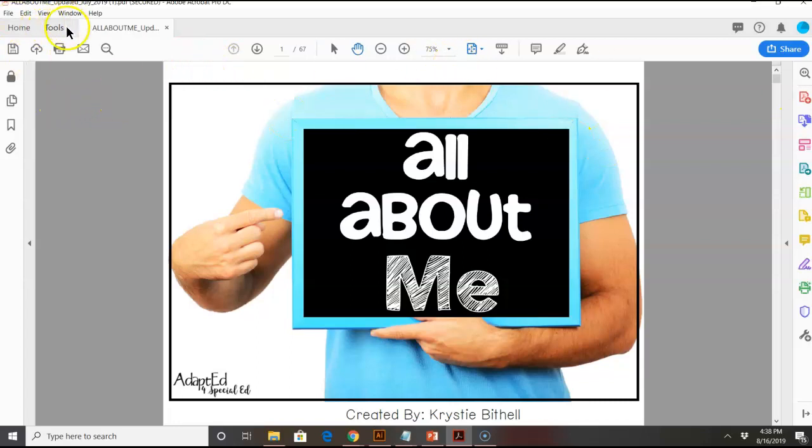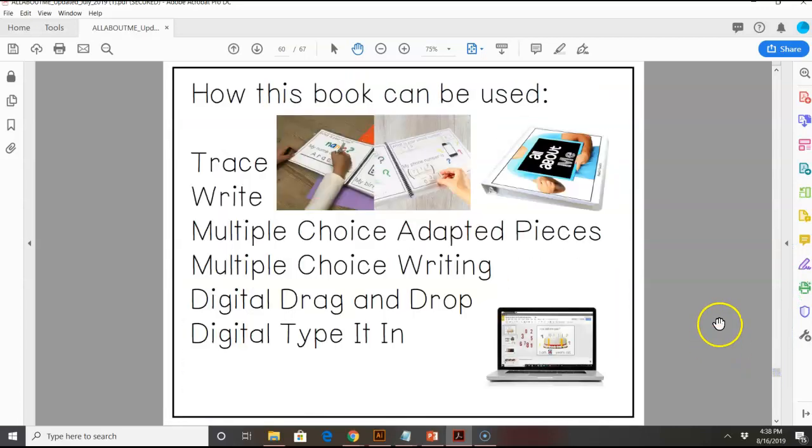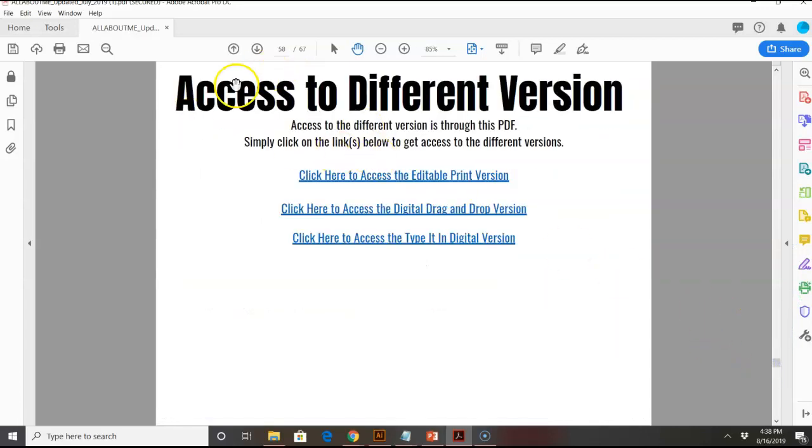So you actually have to start with downloading the PDF that comes to you. Once you've downloaded it, you just scroll down to page 58, and it says access to different versions. What you do is you just click on them and it's going to take you to the different